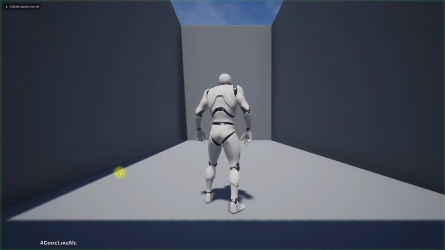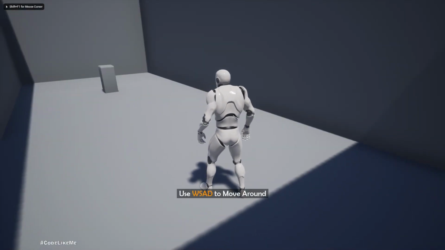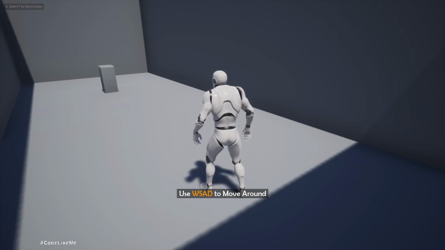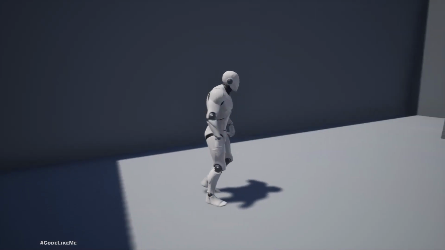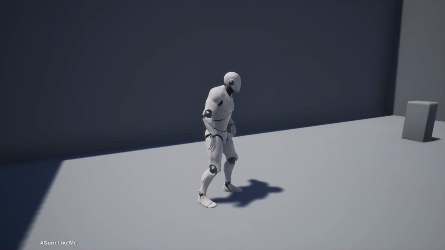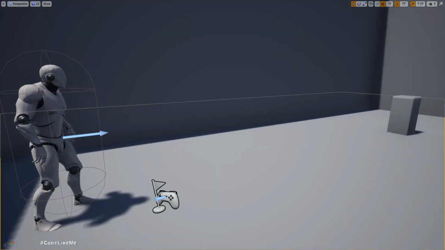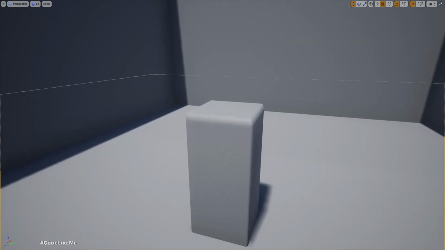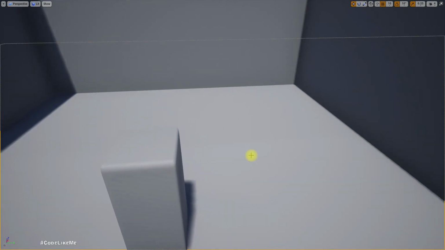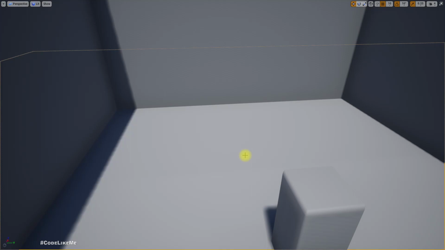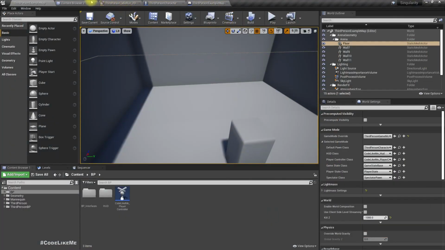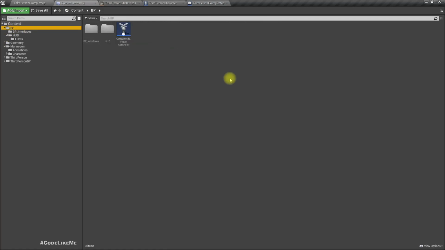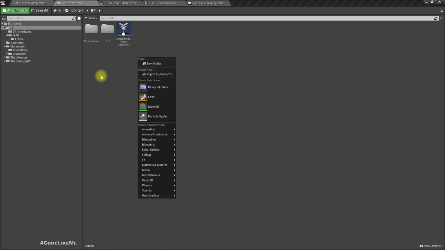Right, so far this is what we have. We have implemented a way to show pop-up notifications like this with a special style for the input keys. So today I'm going to implement some interactable objects that we can grab, take into the hand and inspect. So right, first let's create a